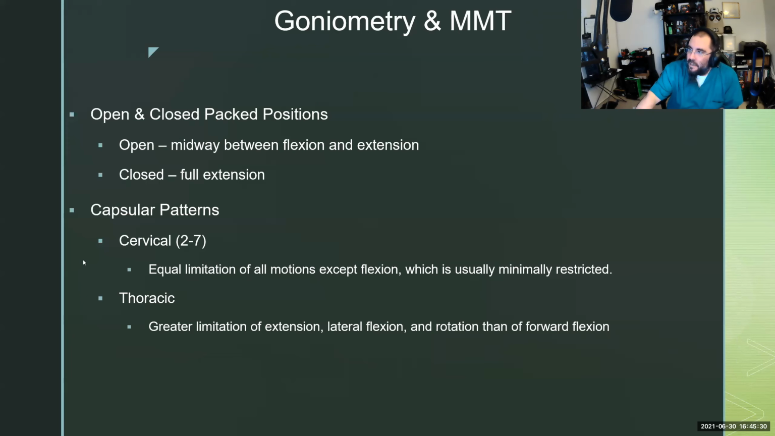Goniometry and manual muscle testing. Open versus closed pack positions of the spine. And this is the whole spine. Open pack position is midway between flexion and extension. So that's kind of neutral, right? You're a little bit neutral, maybe a little bit flexed. That's the open pack position. Closed pack is full extension, right? That makes sense. If I'm in full extension, you're not going to be able to move any of my vertebrae